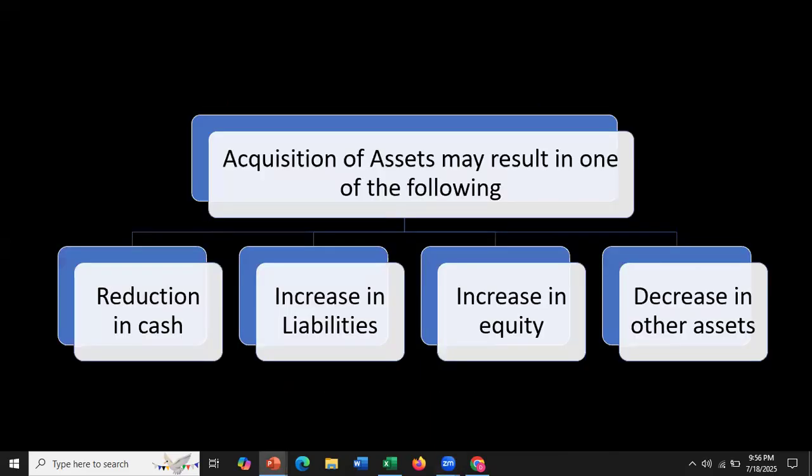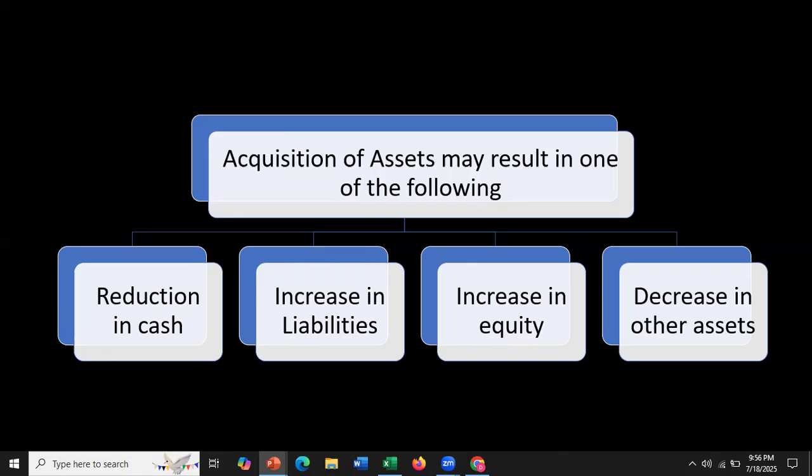So when we say assets, you know that an asset is anything which has the ability to generate future cash flows. Whenever a company acquires an asset, the acquisition may result in one of the following at the point of acquisition. We're not discussing the derived effects of acquisition of an asset. But at the point of acquisition, the impact will be either a reduction in cash, you purchase assets for cash,